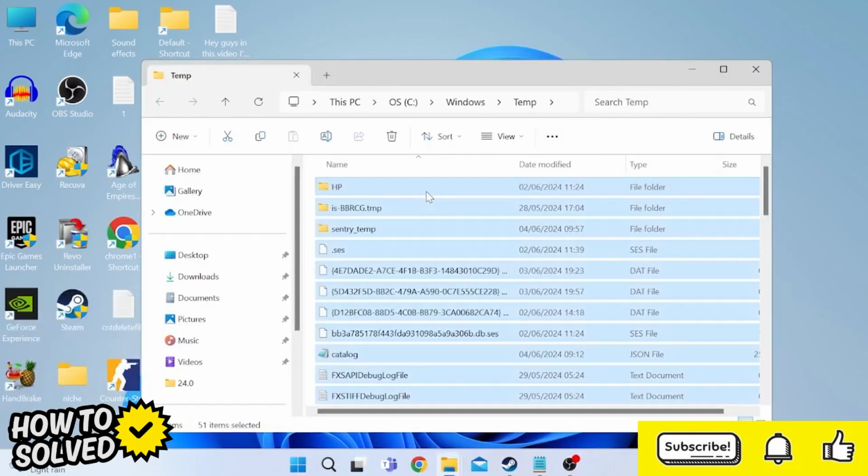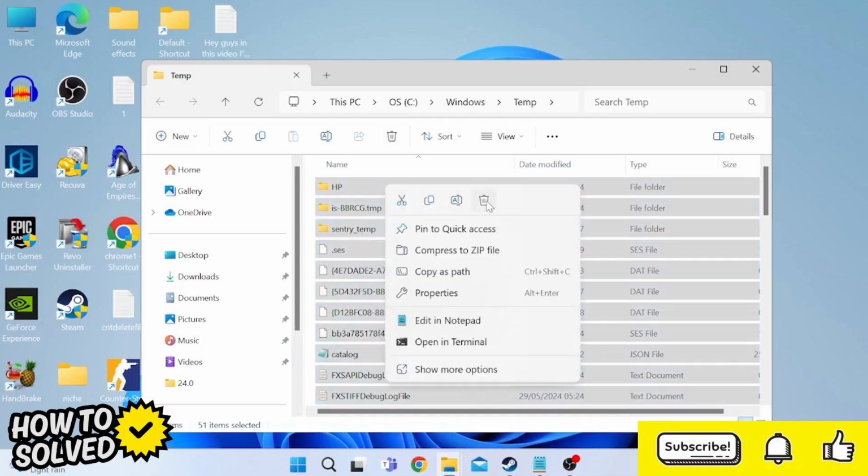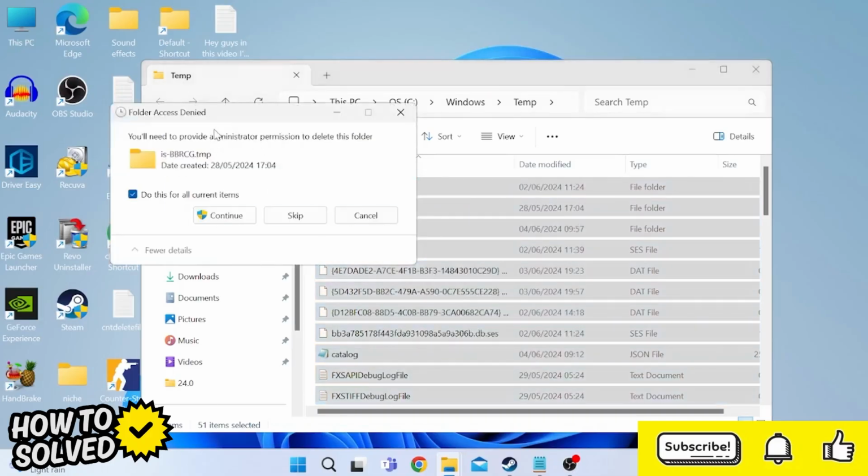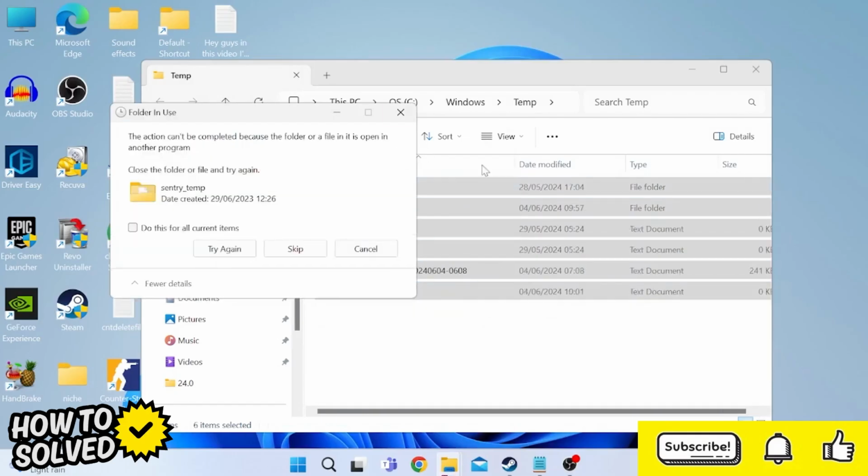Then you need to select everything inside of here by pressing Ctrl A on your keyboard. Then you can right click and select the trash icon to delete it. If you get this message pop up, just select Do this for all current items and press Continue. Now, you might not be able to delete everything inside of here because some of it might be running in the background, but as long as we get rid of the majority, that's going to free up a bunch of